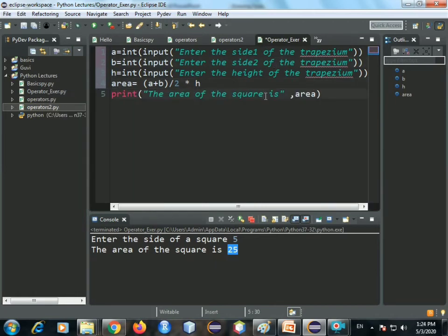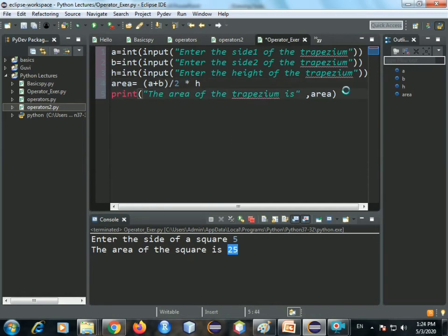So the area of the trapezium is, and then we say area. Now we all know this BODMAS rule, that is, first the brackets get executed. So we'll get 4 plus 6, that is 10. Then division, 10 divided by 2, that is 5. And then multiplication, 5 into 2, it should give us 10.